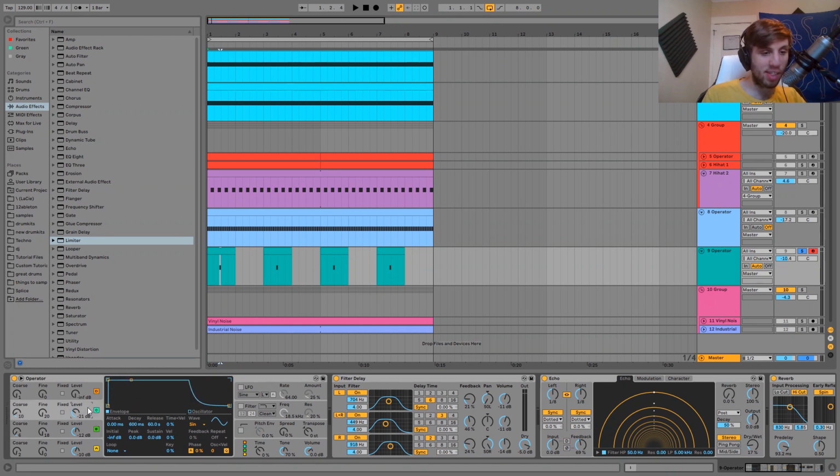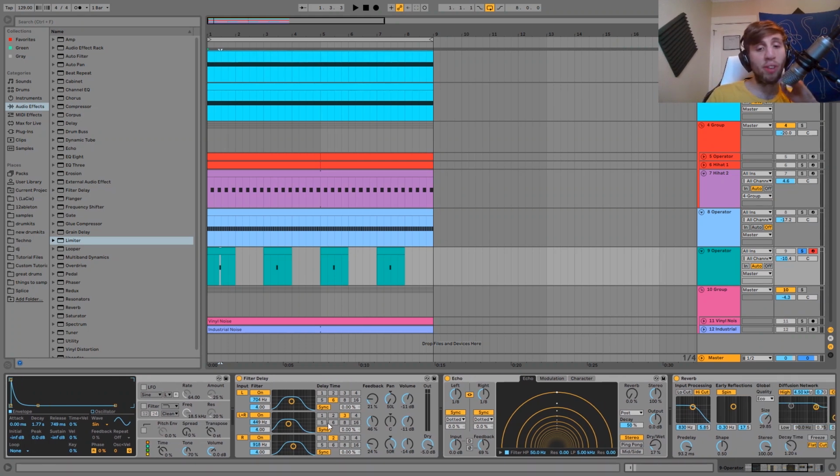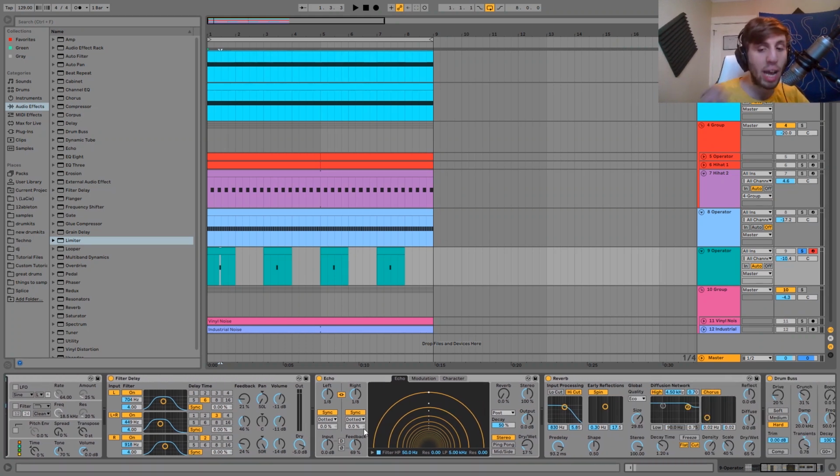So you can see, again, we just have sine waves, detuned, and at different octaves here. With this one, we play with the envelopes a little, so you can see if you give it that plucky, quick envelope, that's how you get more of this type of sound. You can see it just has these at different octaves, detuned a little bit, and that is it for inside of the synth. After that, I have a bit of filter delay, as well as some echo, so I